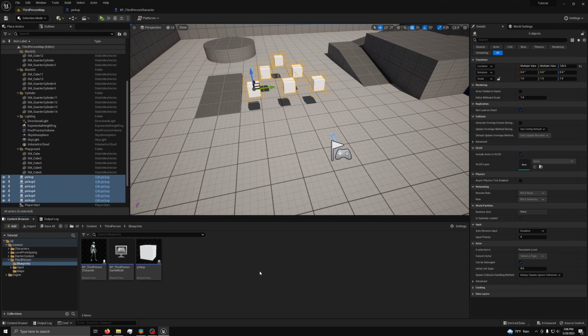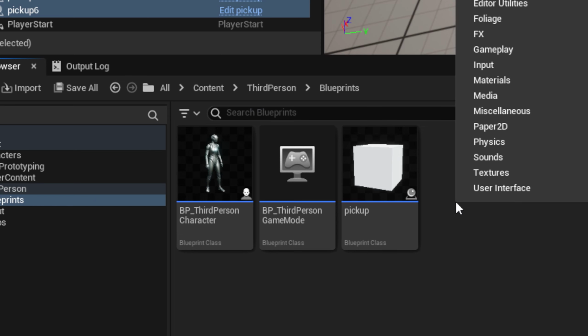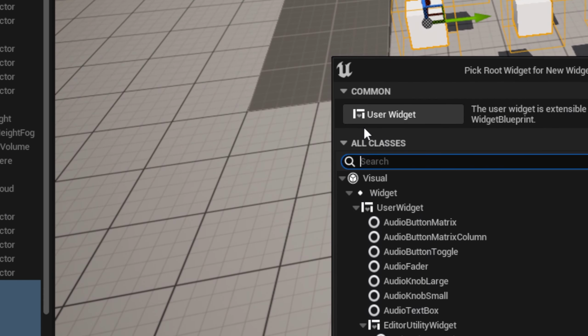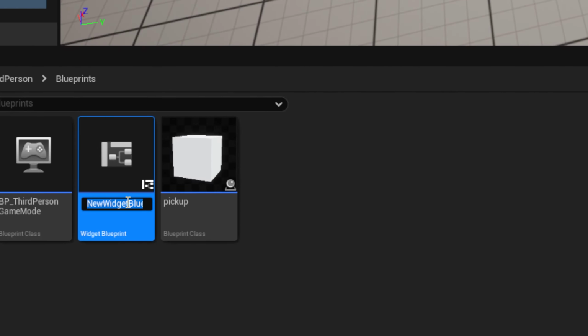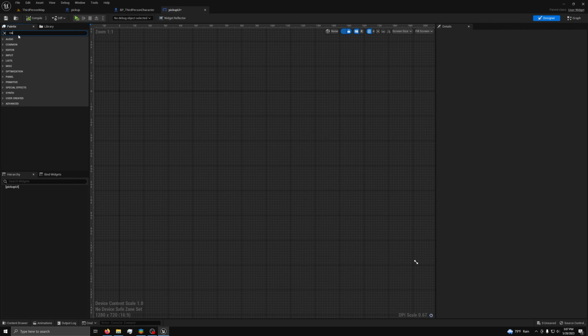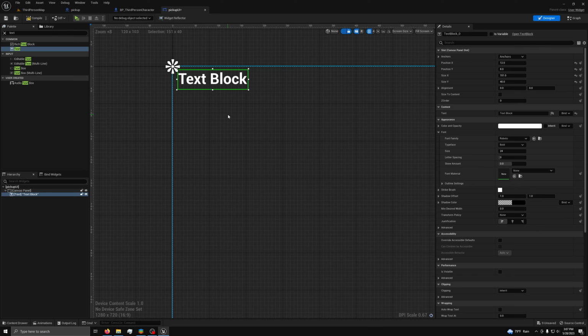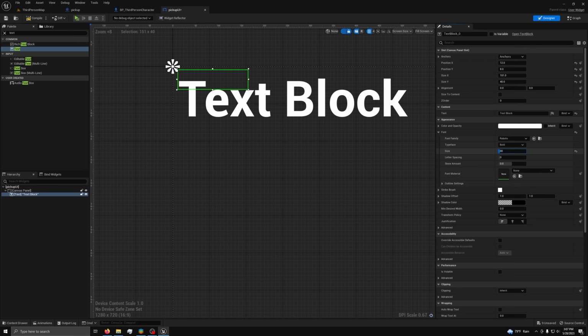This is why we need to make a UI for the player to see how many of the collectibles they have. Start by right-clicking in the content browser, then under User Interface, select Widget Blueprint, and in the pop-up, just select the first option, then give it a name and open it. Now in the widget, we need to add a canvas panel, followed by a text block in the upper right hand corner. Next, you can change the font to be bigger, and you can set the text block to a